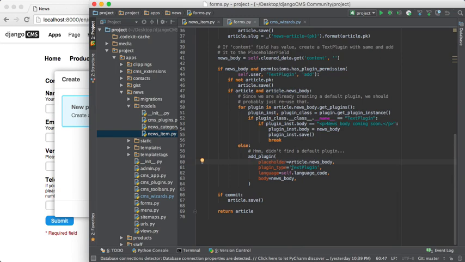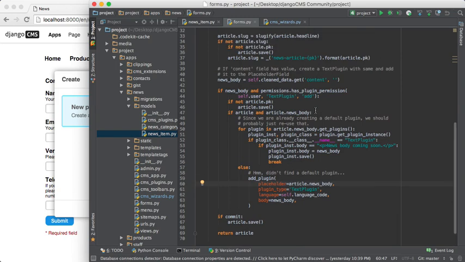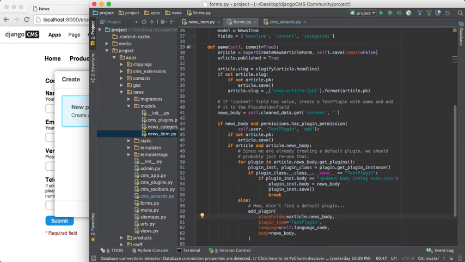But what I want to do is go a step further, knowing that when I created this article, the normal implementation would have already created a default text plugin that contains the text news body coming soon. So I'm going through the existing placeholder, finding all the plugins, I find the one that contains that, which should be the only one, and then I simply replace that text